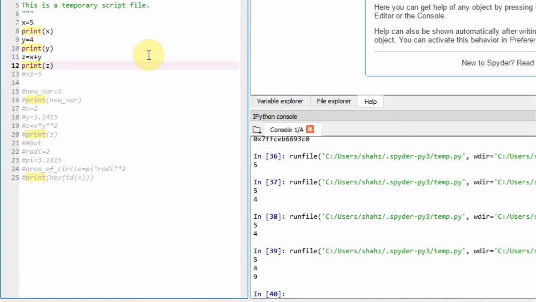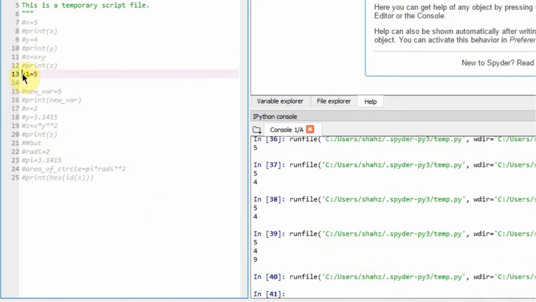Now there are some rules to assign a value to a variable. What are these rules? A variable cannot start with an integer. For example, if I comment this out and say x1 is equal to 5, this is right, there is no problem, because the name of the variable is not starting with an integer.